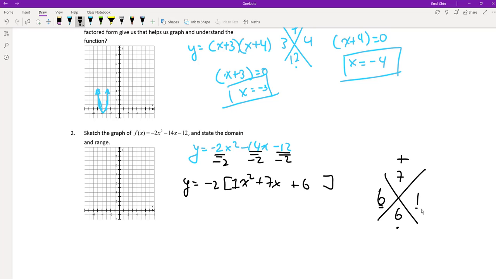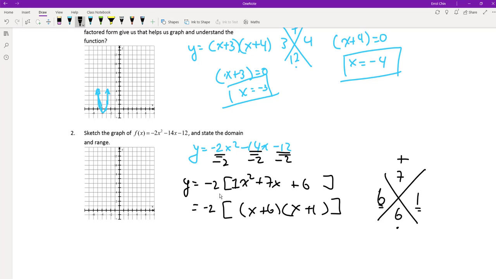Now, these numbers come in handy, right? So in factored form, we already factored out a negative 2. But the individual terms are now going to be x plus 6, and then x plus 1. The reason I have these square brackets is I need you to understand that there's still a negative 2